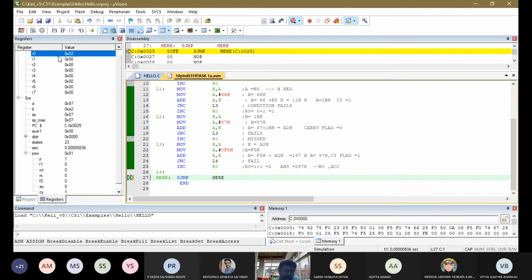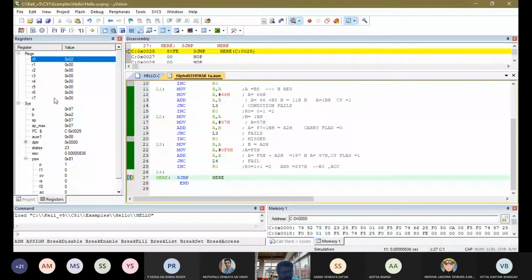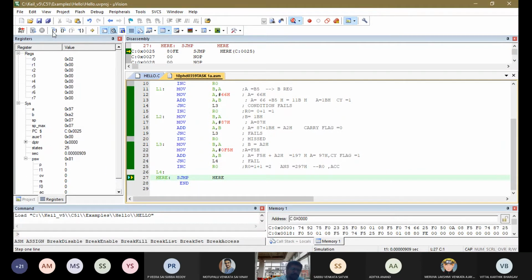That's why we are checking the carry flag and having a register to note down how many times the carry has been incremented, and that value is loaded in R0. Now at the final stage, you can see R0 and the accumulator. So 297: the lower byte is in the accumulator, the higher byte is in R0. So you understand how the output will be. So here it will always be maintained to view this particular output.